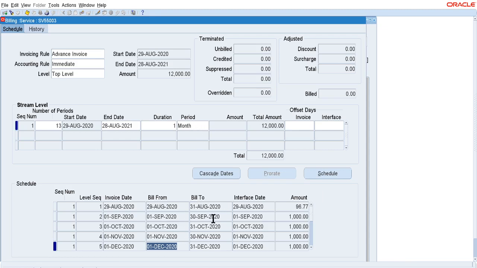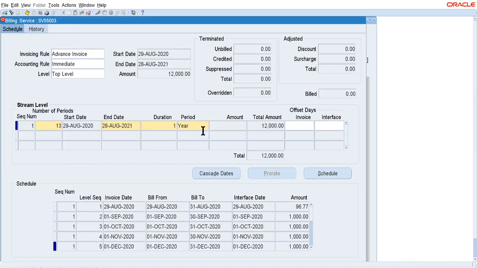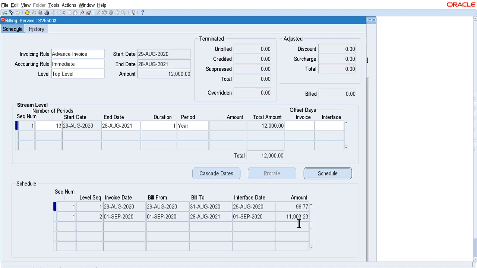Why have 13 billings been generated? Because I have selected the period as month. If I select yearly, period is year, and click on schedule, it will create two lines. The first line will be created based on the dates from 29th to 31st of August, and then the remaining period and remaining amount for the second line.